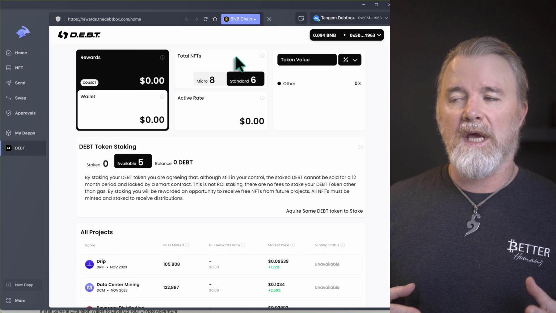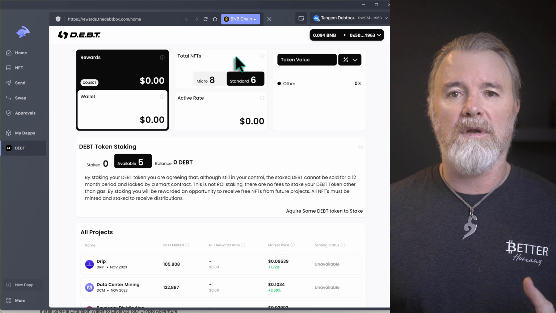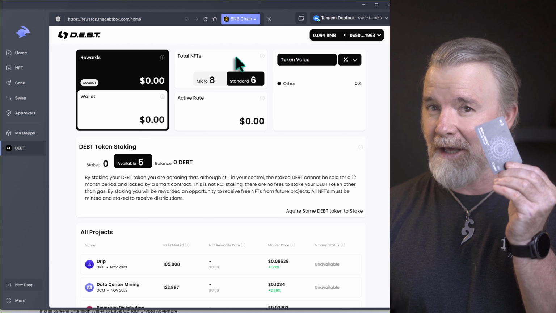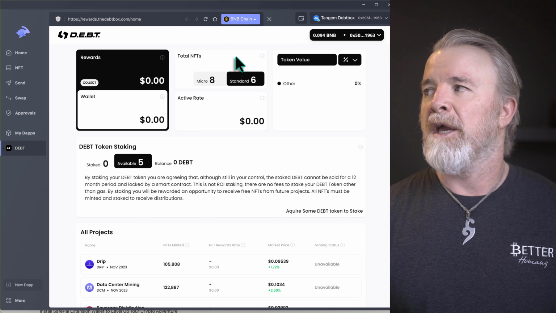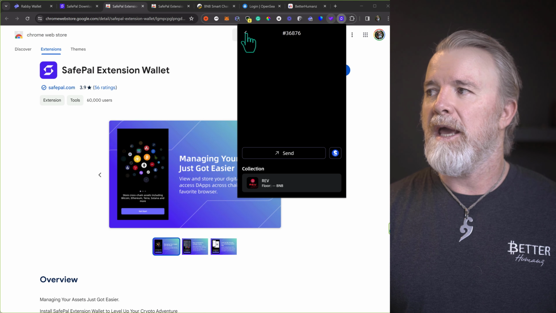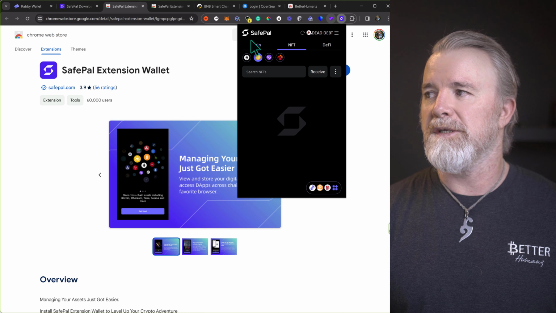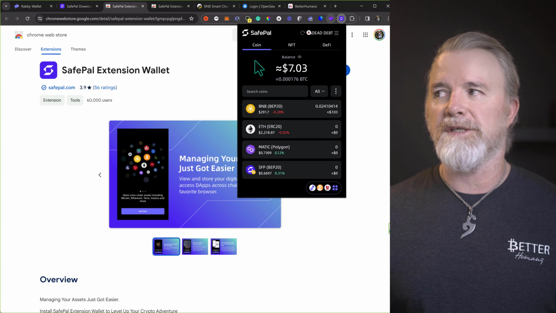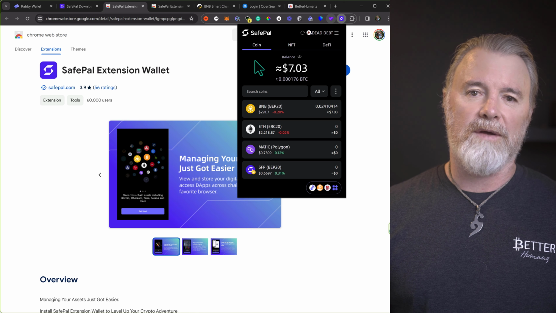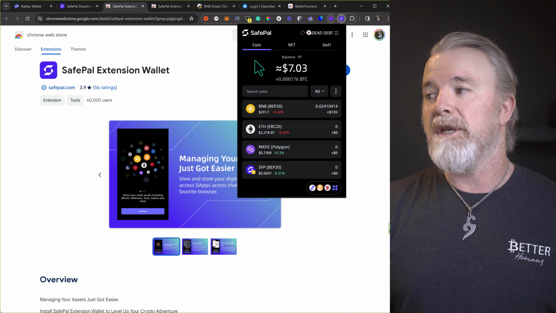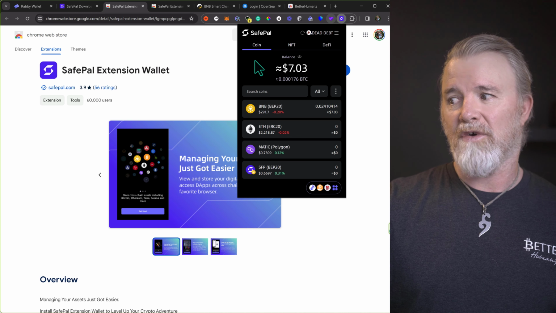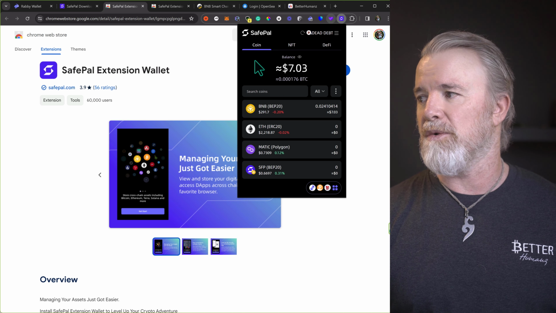The beauty of this is that whatever happens with your account, nothing can be transferred unless you sign the transaction with your card, right? So it can't get compromised. Okay, so the next step is what we need to do is we need to send our micro licenses from our DEBTBOX account to our Tangent account. Okay, so how do we do that? Well, what we need to do is we need to first see our micro licenses in SafePal. Right now we can't see them, right? This is all we can see.